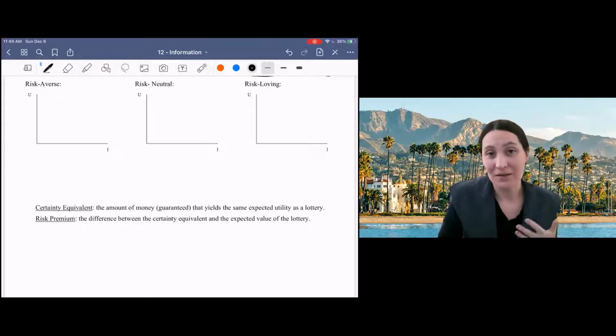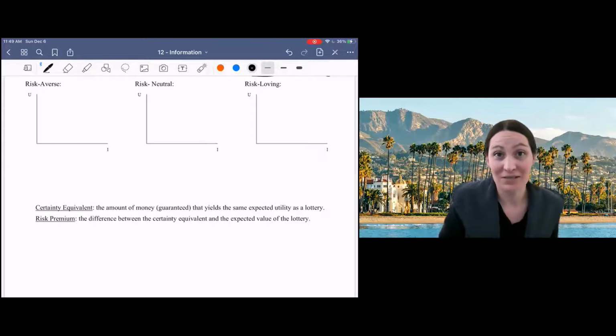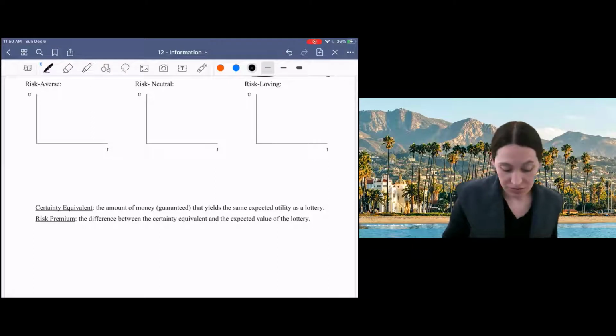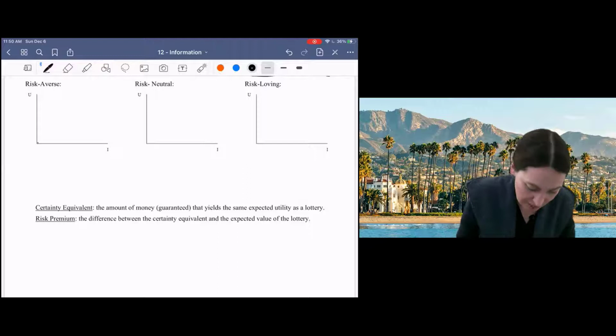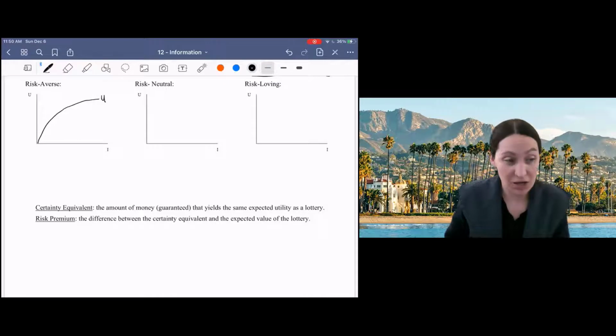In our example, we've seen what a risk-averse utility function looks like. Now I'd like to show you how to incorporate different risk preferences into our model of utility. So just to review, when we have diminishing marginal utility, then this represents risk aversion. Our utility function is concave,